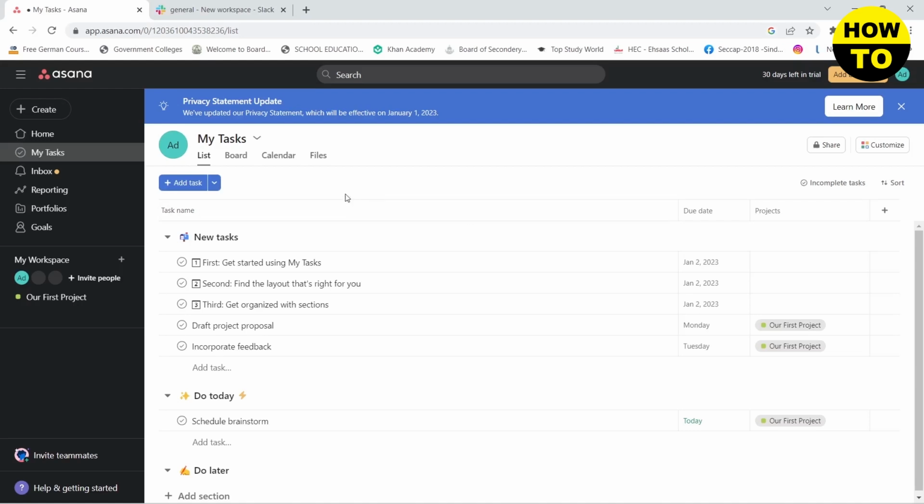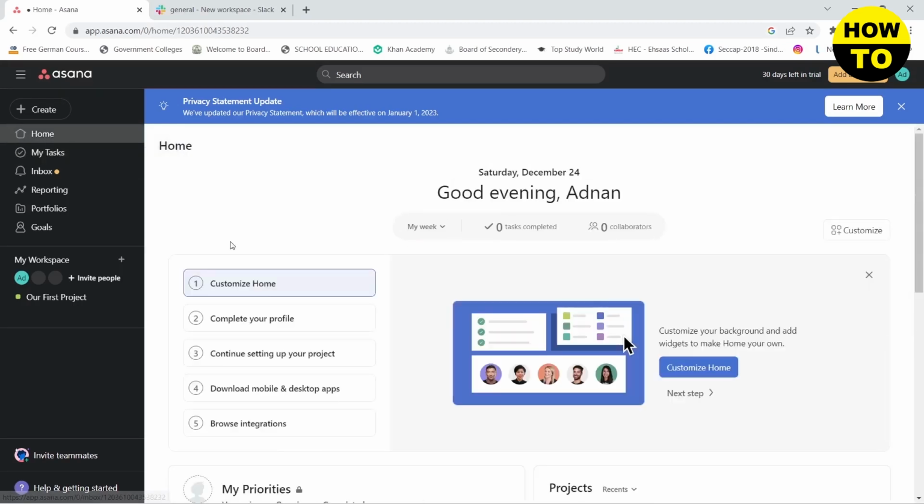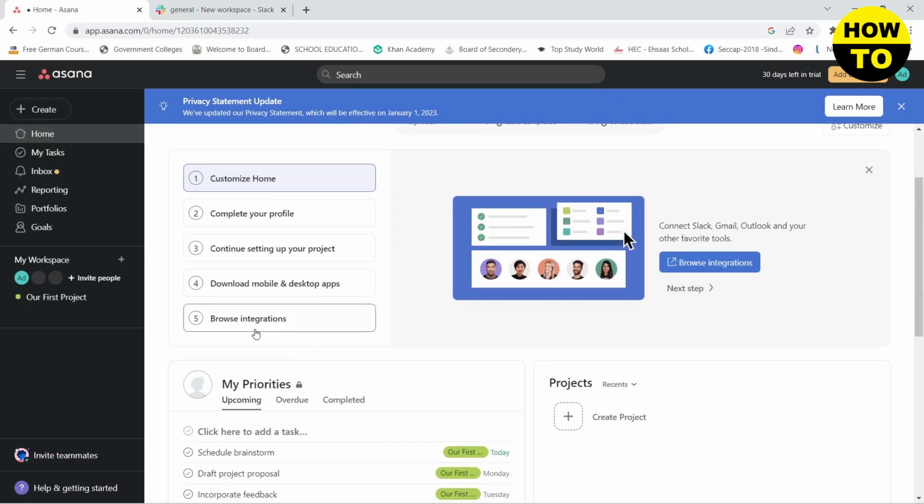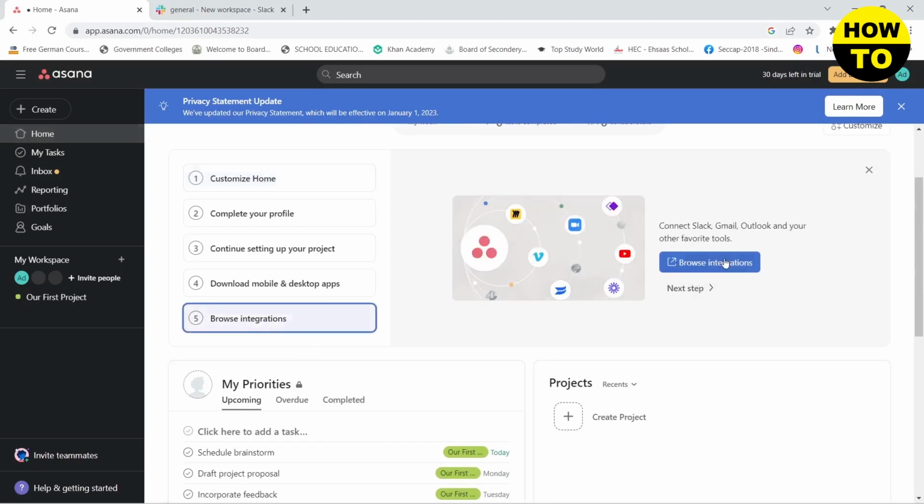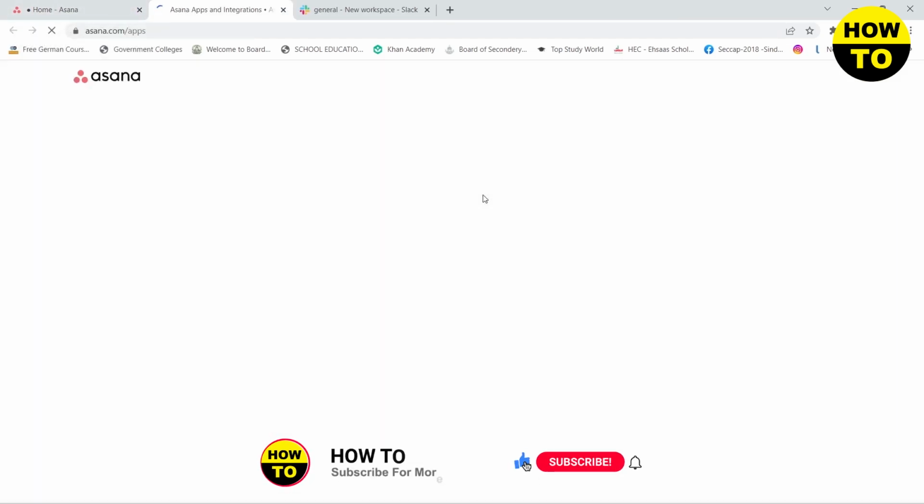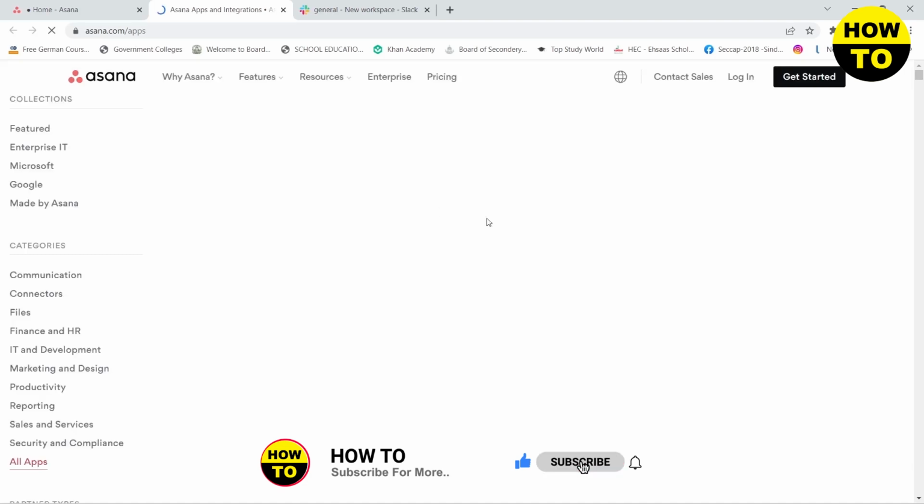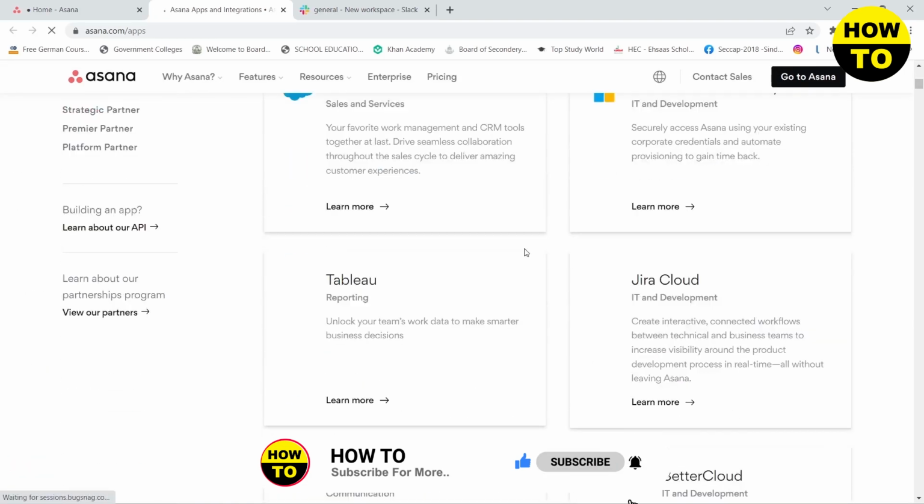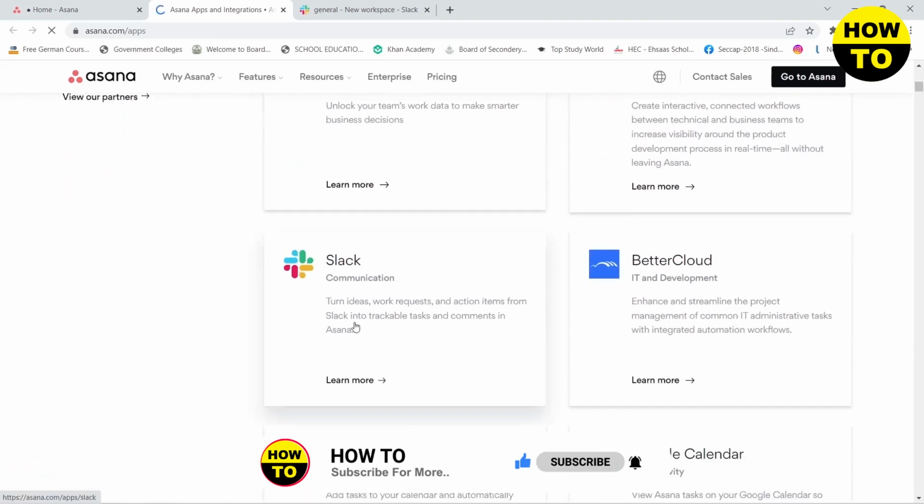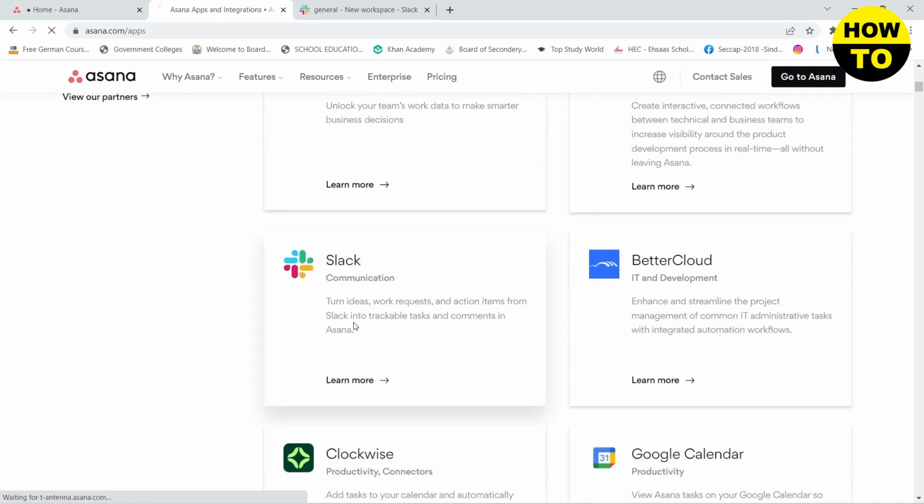So if you are on Asana and you want to integrate it with Slack, for that you need to go to Home in the left panel, and then here you need to click on Browse Integrations and click on this blue button right here. It will open up a new window. Here you need to search for Slack. If you scroll down, you will see Slack right here. Click on this, and after that